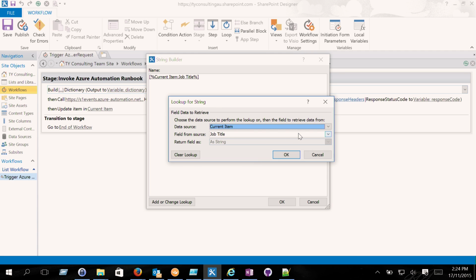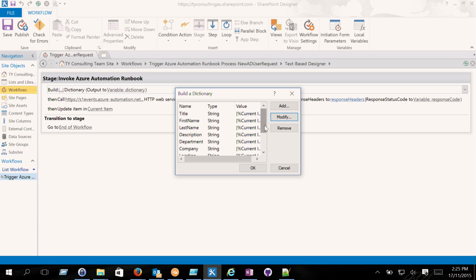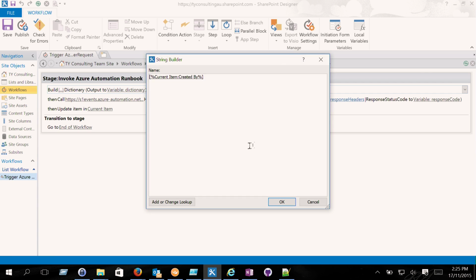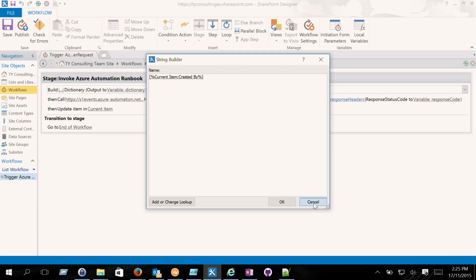subscribed, I get the value from the list, right? So I put everything together into this variable called dictionary. And I also grabbed the requester ID, the requester's email from the field as well. So I'm getting the field from created by field, and I want the email field from this value. So okay, so now